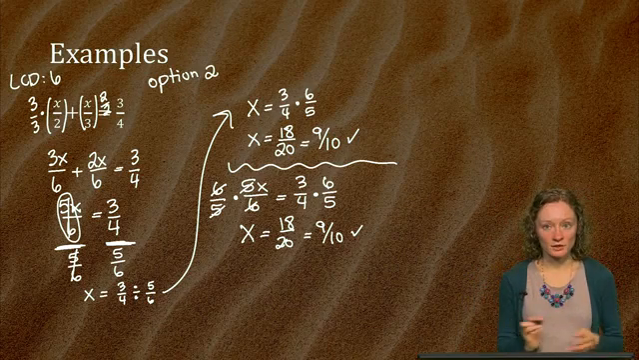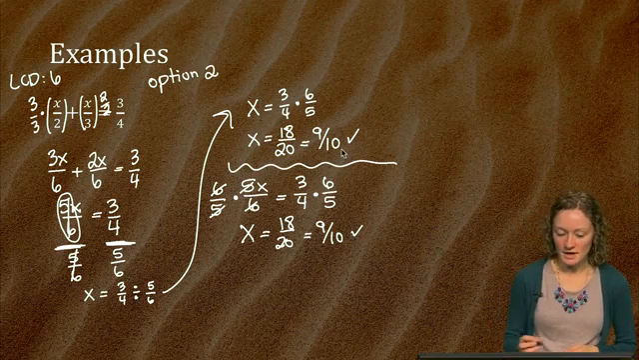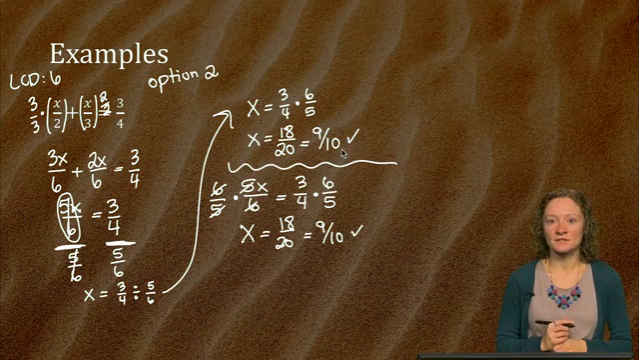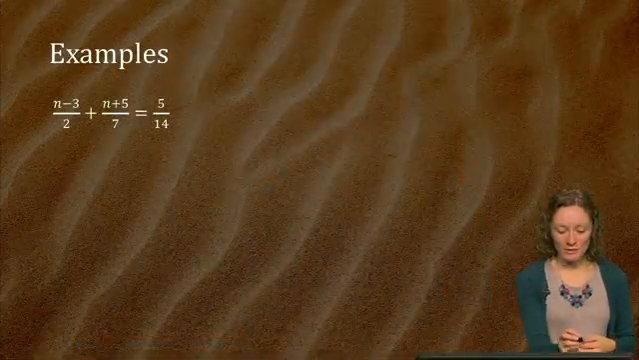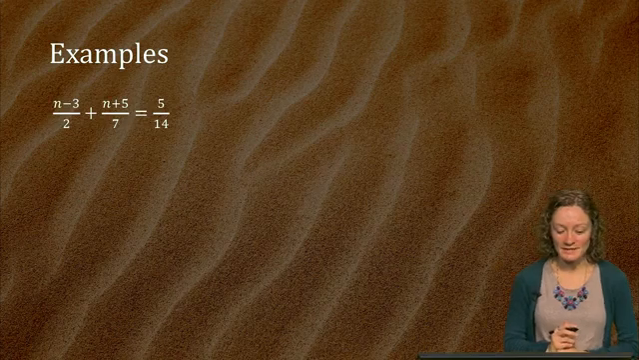Whatever way you're comfortable working the problem out is perfectly fine, as long as you're getting to this 9/10 solution. Okay, let's do one more fraction problem. A lot of people struggle with fractions, so I want to go through one more problem with you before we move on to decimals. Okay, so the problem we're going to do is right here, (n-3) divided by 2 plus (n+5) divided by 7 is equal to